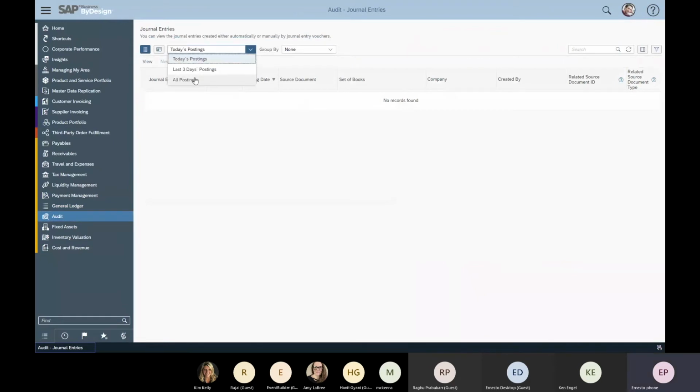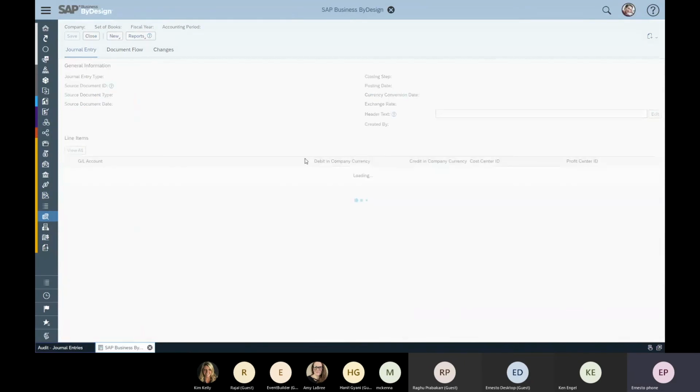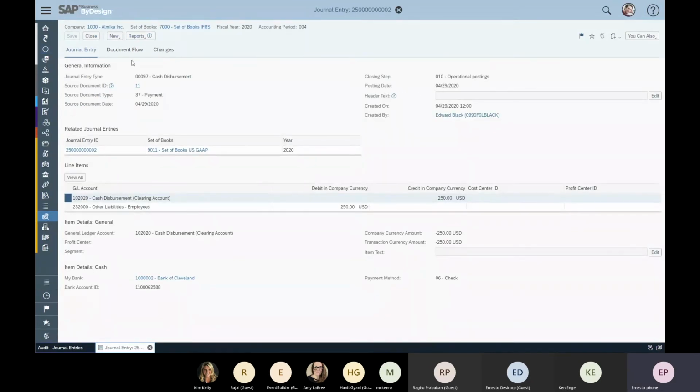Let me just run them for all my different postings, and I'll just access, for the sake of reviewing this particular entry, I'm able to access this entry in more detail. And in here, I'm able to see that there are more books related, because I can manage multiple books within SAP Business ByDesign and have them post on those multiple books at the same time when a transaction is